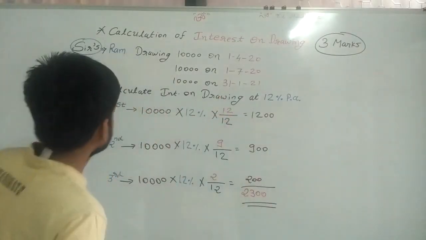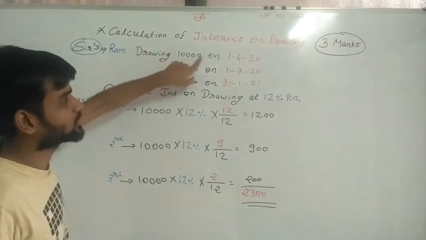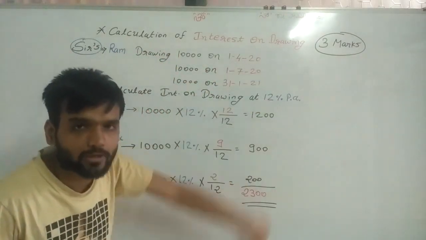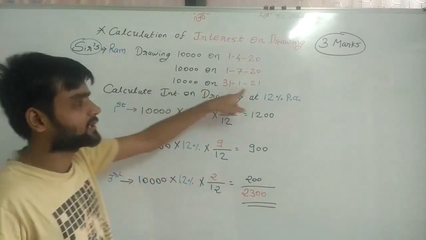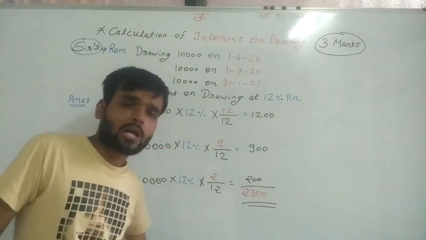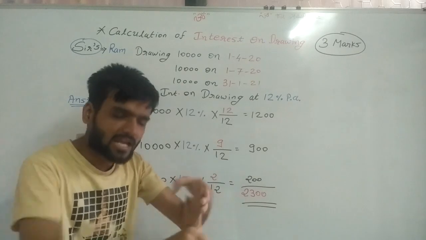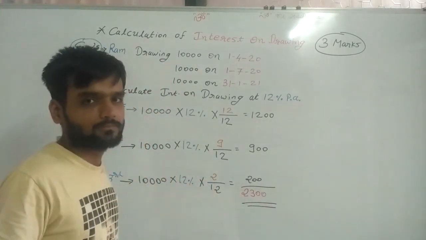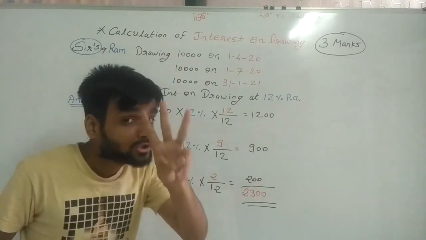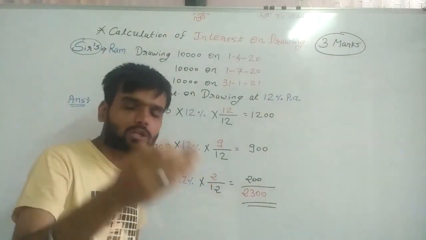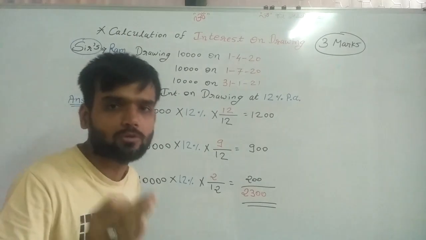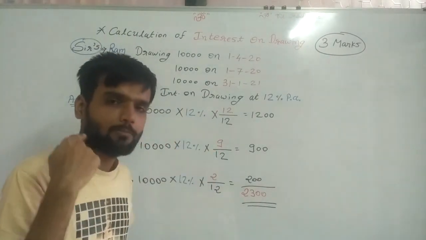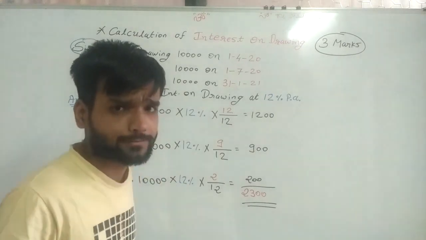My sum is: Ram draws 10,000 on 1/4/20, 10,000 on 1/7/20 and 10,000 on 31/1/21. So Ram draws 3 times in a year: 10,000, 10,000, 10,000. It means a total of 30,000 rupees is received by Ram from the partnership firm. Now, important thing,